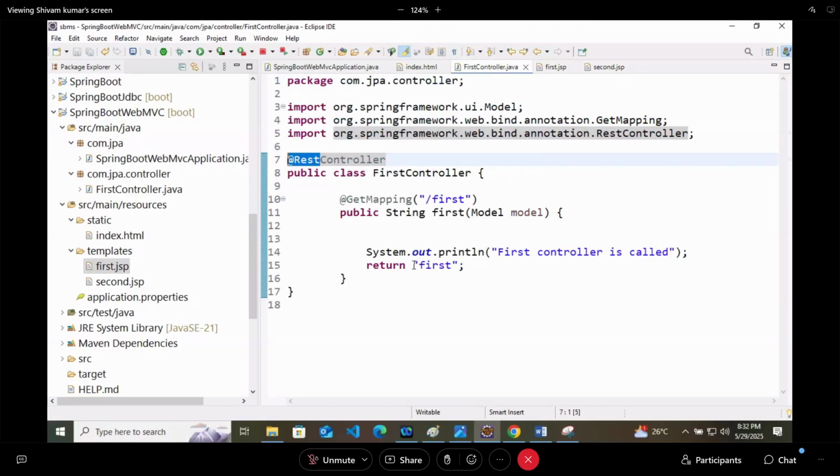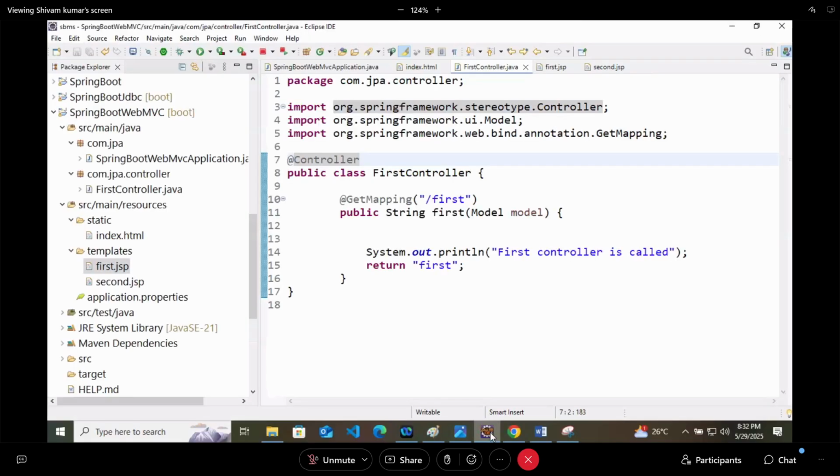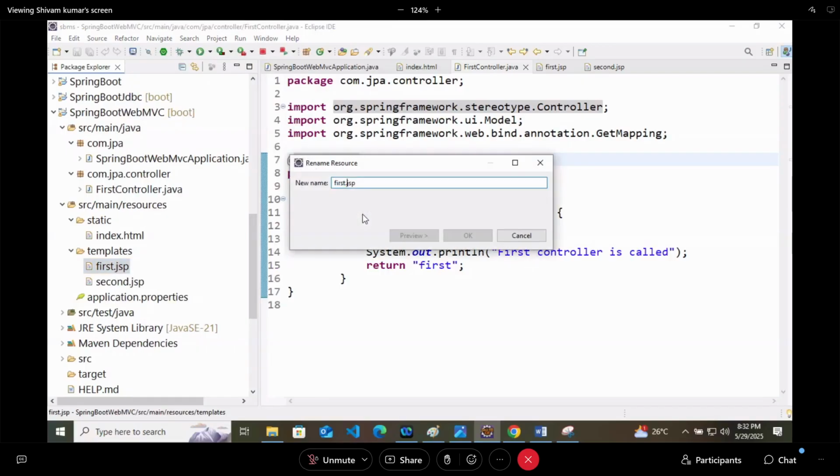So first, I will rename the file to HTML only: first.html and second.html. Save and restart the application.